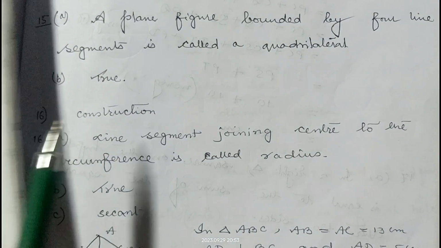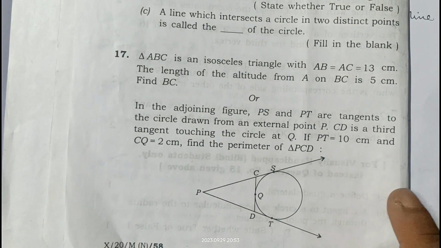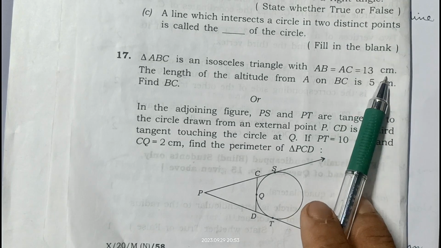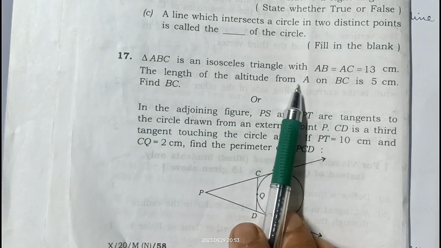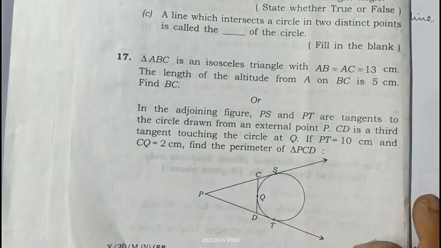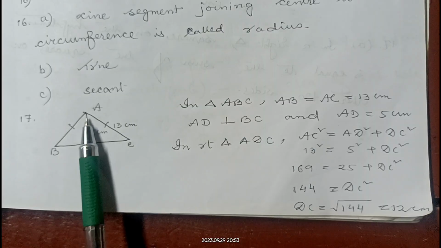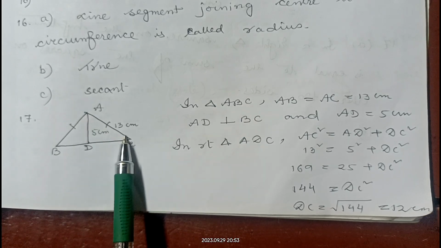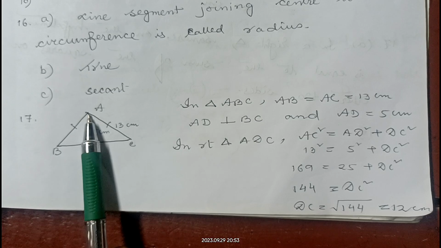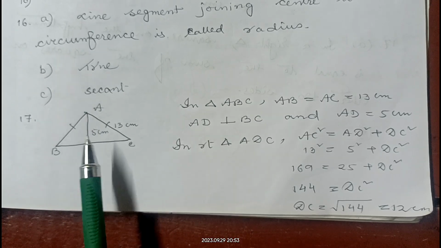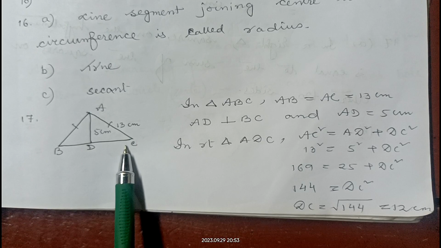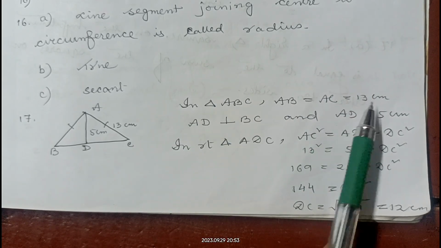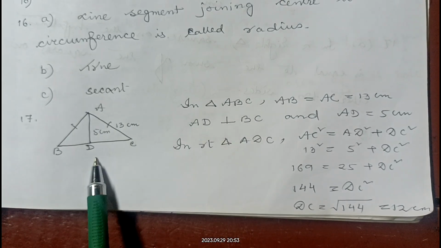In question number 17, it is given that ABC is an isosceles triangle with AB equal to AC equal to 13 centimeter and the length of the altitude from A to BC is 5 centimeter. Find BC. Here it is given ABC is an isosceles triangle where AB equal to AC and both are equal to 13 centimeter, and it is given that the altitude AD is 5 centimeter. We have to find the length of BC. Now here in triangle ABC, AB equal to AC equal to 13 centimeter, AD is perpendicular to BC and AD